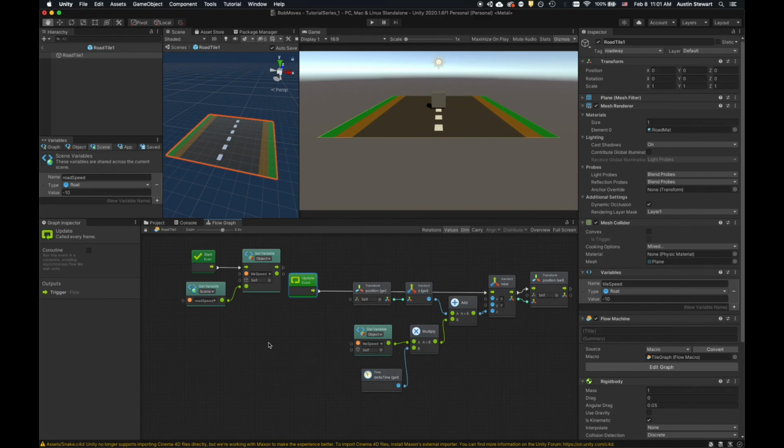Oh, and something else that happened is this is no longer a fixed update for some reason. I have no idea why that is. So let's go ahead and replace this with fixed update. Maybe we did this while it was open. I don't know. But let's go to fixed update, fix that. So then we can come down here,